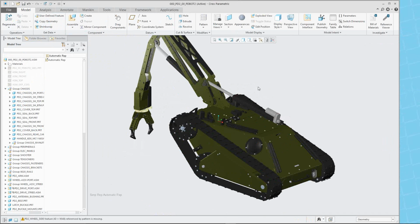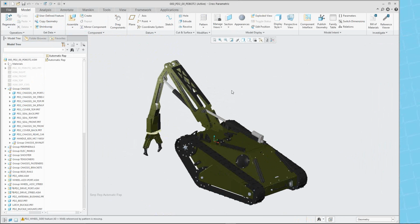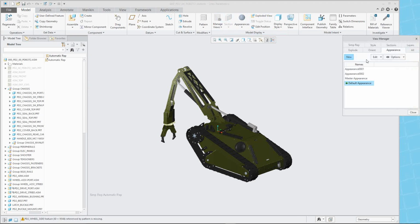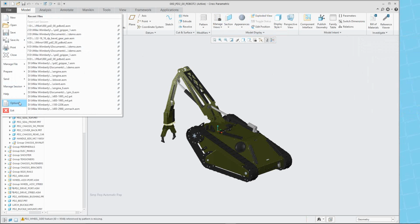It makes it quite easy to go through and do it. Now, the other thing that's very beneficial is that this is actually our automatic rep. If I go into my view manager and I go into my simplified rep, if you notice in my simplified rep, all of my old options are now gone as well. So the geometry rep, the symbolic rep, all of those are not actually shown in here. That's actually a config option that turns those on or off. So if we want to go through and see those, we can turn on that config option. So I'll go into my configuration file,